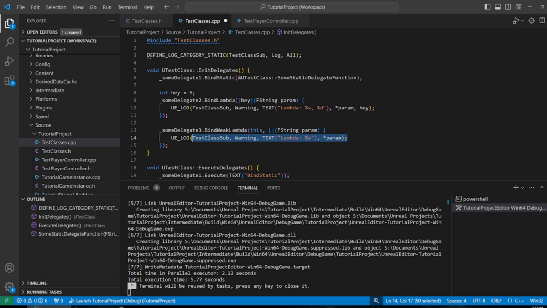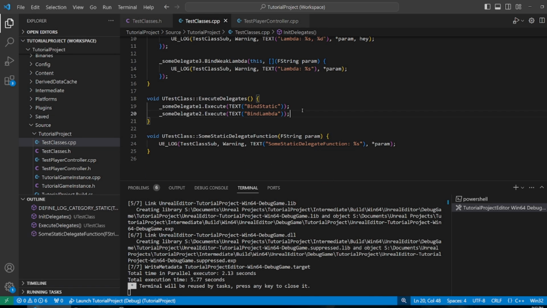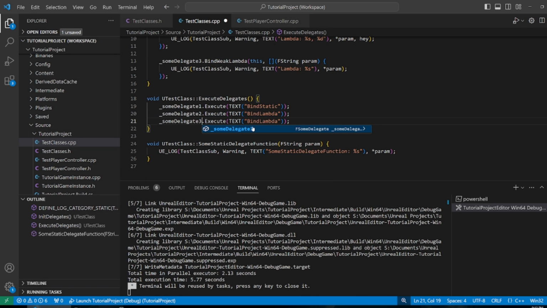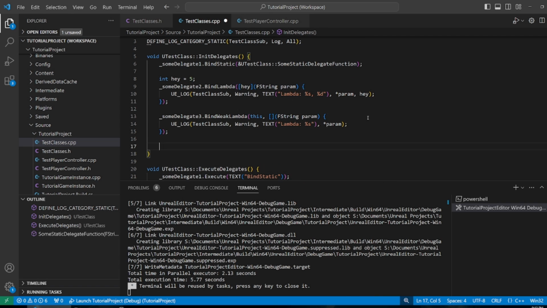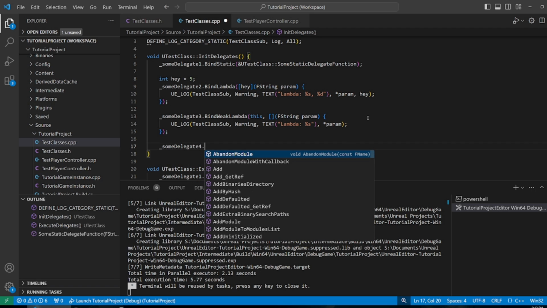And presumably you would use the object in here, and you could use the captures list to capture this, for example. And then in here I could do this, whatever. But the main point is that this will not execute the lambda passed in if this object goes out of scope. And it doesn't have to be this. This could be any UObject that you want to tie the lifetime to. So then we'll execute delegate3 as well. Call it BindWeakLambda. So then the fourth kind is some delegate4 dot